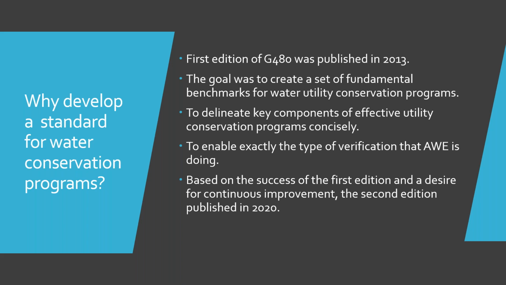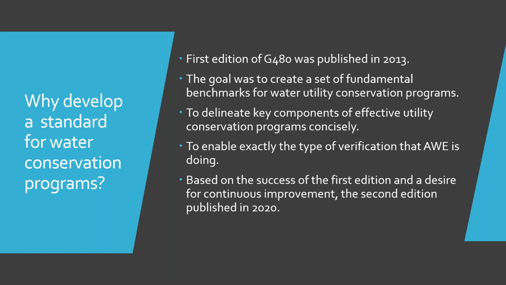One of the things we wanted to have happen is the enabling of the type of verification that the Alliance for Water Efficiency is actually doing. You're going to hear more about that, where utilities can submit their program materials and have an independent assessment of whether they are compliant. That was one of the things we hoped for. We knew that AWWA didn't offer that, but if we were able to create this voluntary standard, then perhaps another organization like the Alliance would be able to.